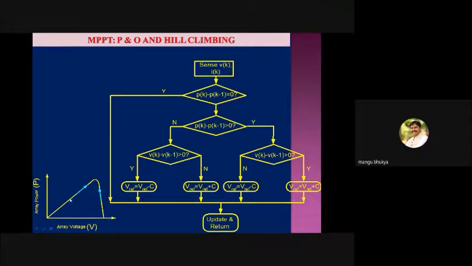But the ultimate goal is to reach this point. A positive slope means they are before MPP, and a negative slope means they are after the MPP point. This is a straight line with positive slope, that is dP by dV. So if dP by dV is positive, you are before MPP. If dP by dV is